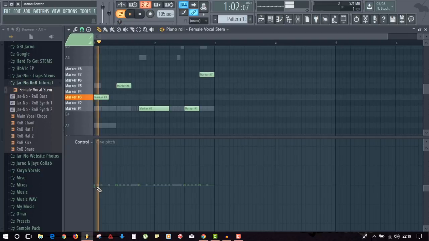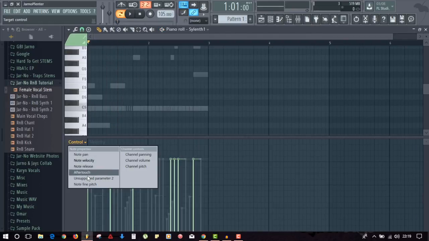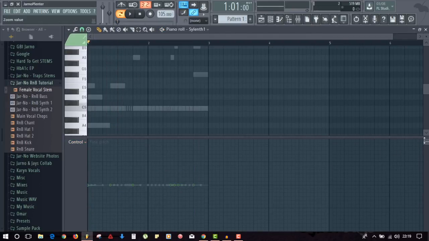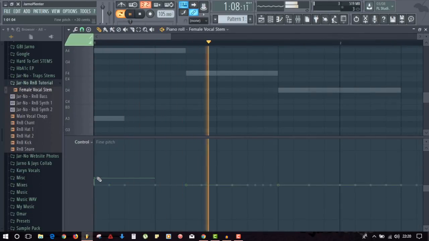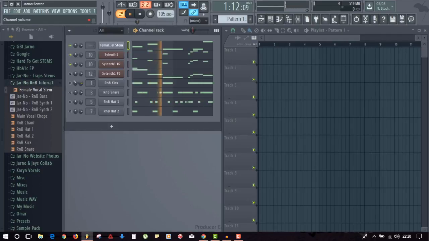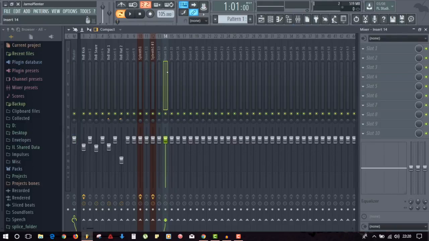So play it back with our synths. So we go back into a fine pitch and do the same thing again, and then just play it back until we feel it's right. Pretty happy with that. Now if we load this into a channel as well, one of the mixers, Control L,